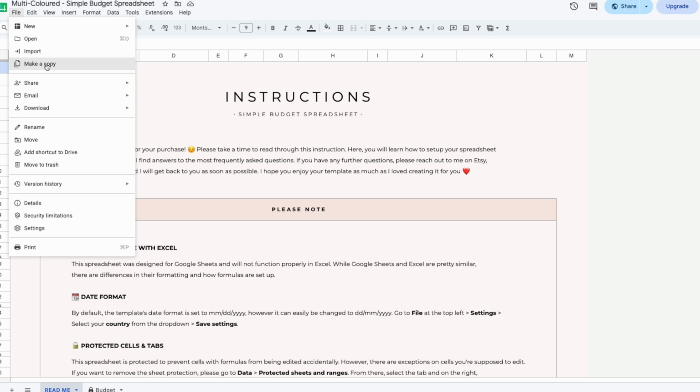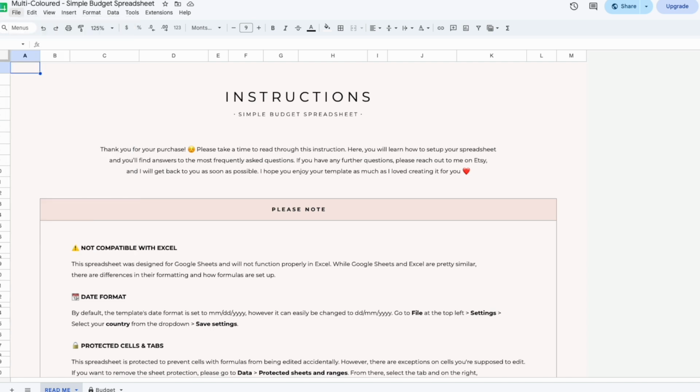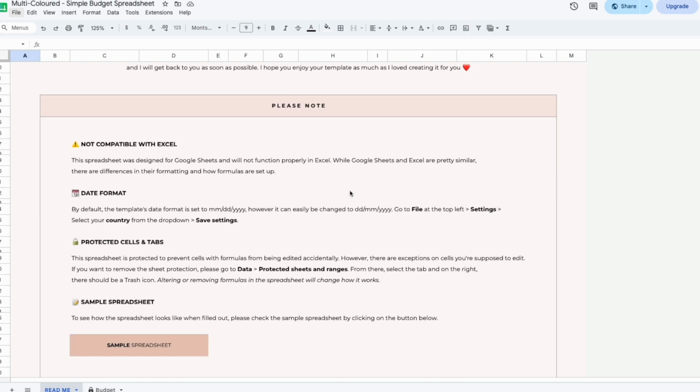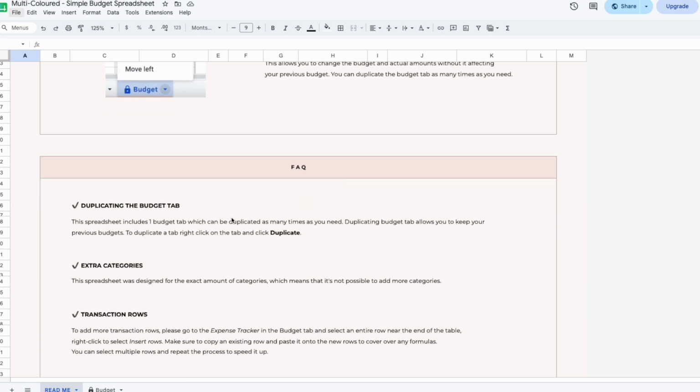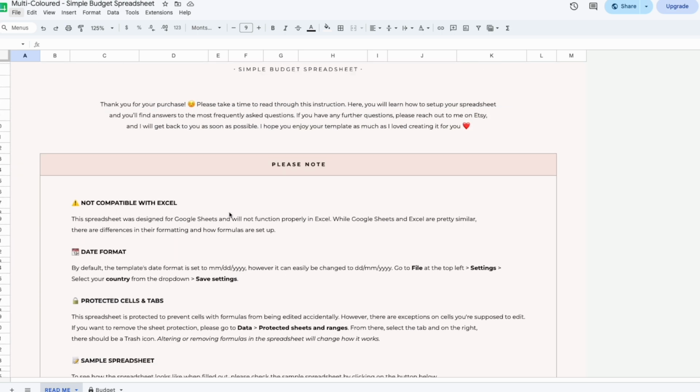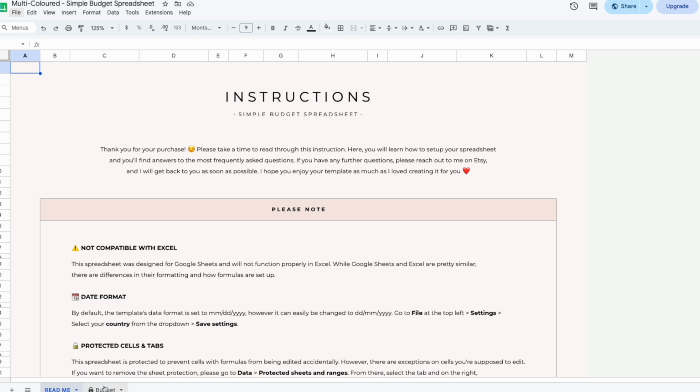And if you're using Excel, just simply download the file and it will open directly, so there's no extra step needed there. The README tab gives you written instructions on how to get started with the template. It's a quick reference for information if you don't want to keep coming back to this video every time. I'd recommend taking a minute to read through it first to save yourselves any headaches later. As you can see down here, it explains exactly how to use the spreadsheet and any frequently asked questions that you may have. So if we move on to the budget tracker,